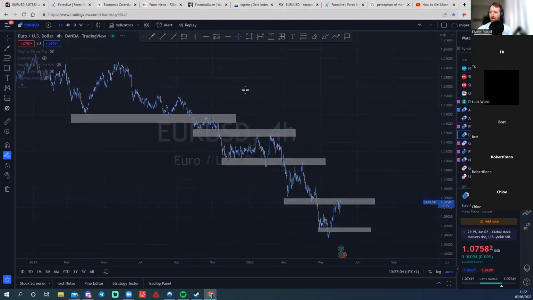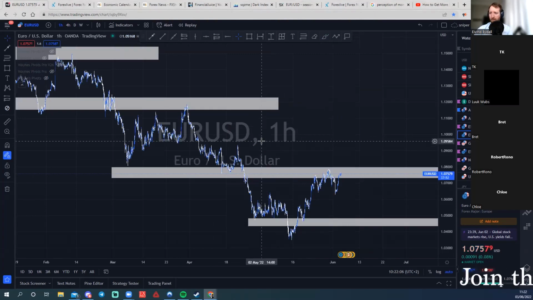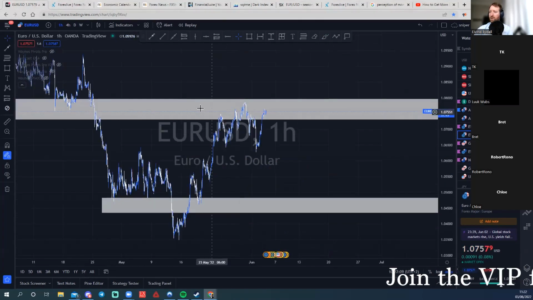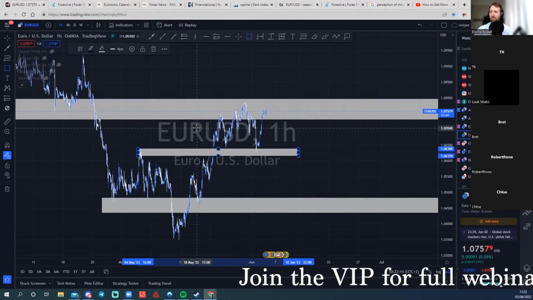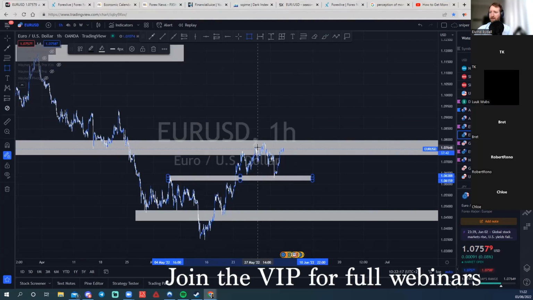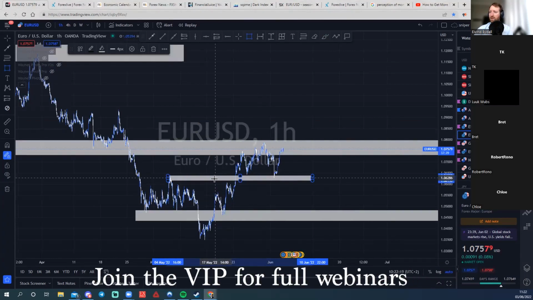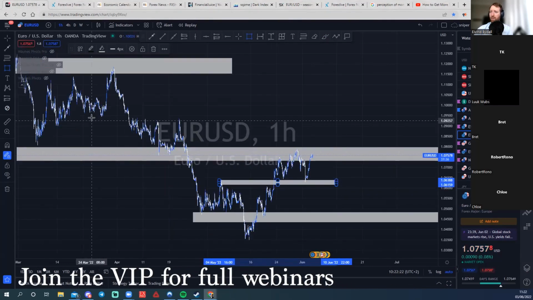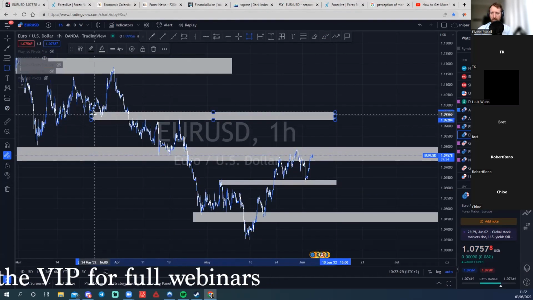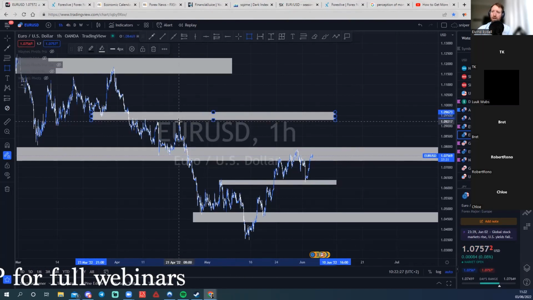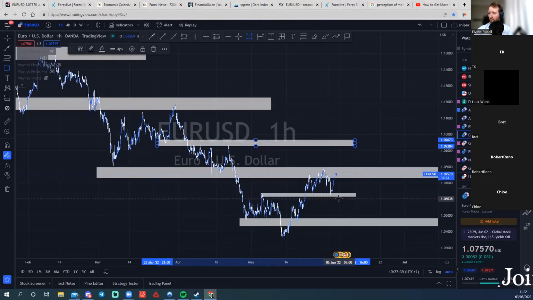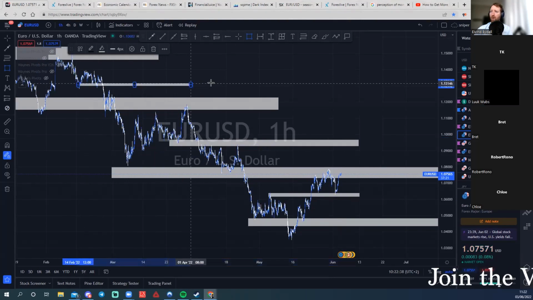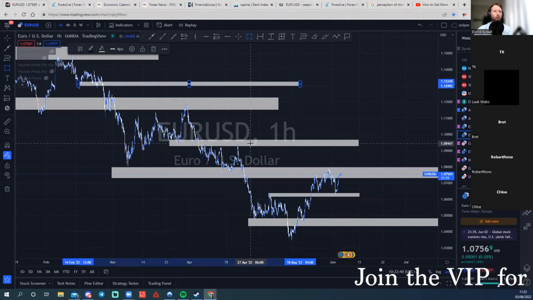We go down to 1 hour. It was the 4-hour one. Okay, so 1 hour looks a bit different, right? Because then we can say that this is now turning into support on this side here. This is definitely resistance, but we also see here that the market has a support here that could be used, or was used at least. We can see now this is used as resistance, by the way. This is now used as support. So there's all of a sudden way more support and resistance lines.